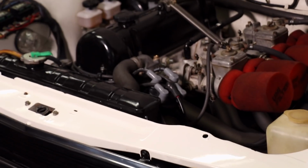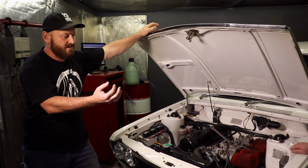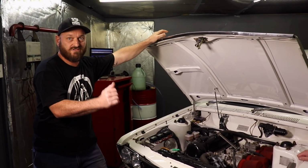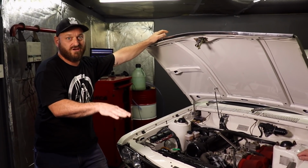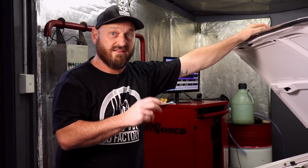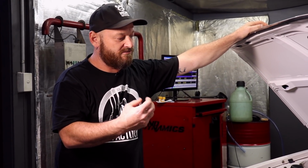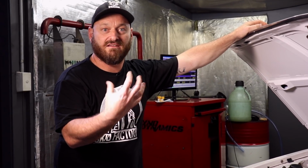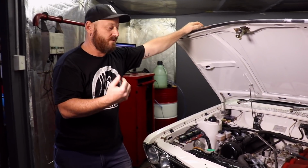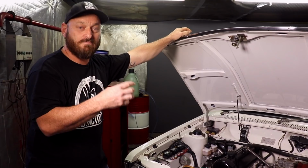So the advantage of changing over to electronic ignition is, for one, the coil runs on 12 volt all the time, instead of having a drop resistor that drops it down to 9 volts, which is basically there to protect the points from burning. Although electronic ignition is a great improvement over points, it still has the limitations of weights and springs, and it can only be mapped in a certain way mechanically,